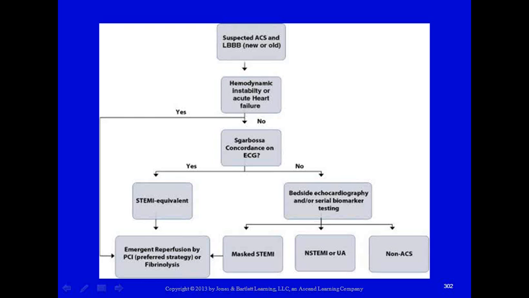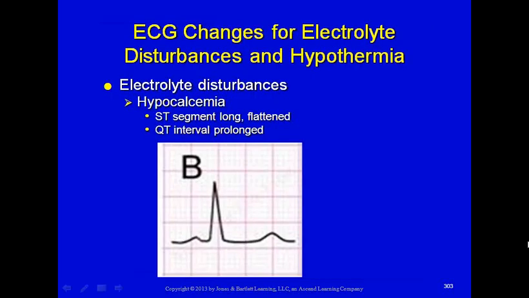If Sgarbossa's criteria isn't present, then you're going to repeat 12 leads as well as get some biomarkers, do some blood tests looking at troponin and CK and CK-MB. Okay. Now with electrolyte disturbances, you're going to see certain things on a 12-lead ECG to indicate that you're dealing